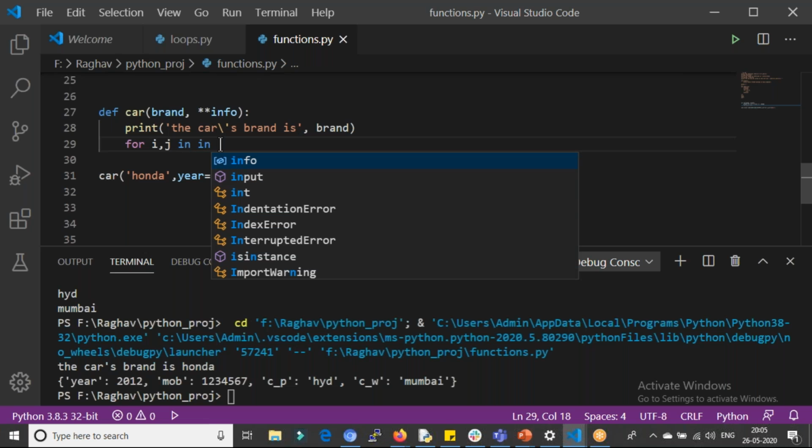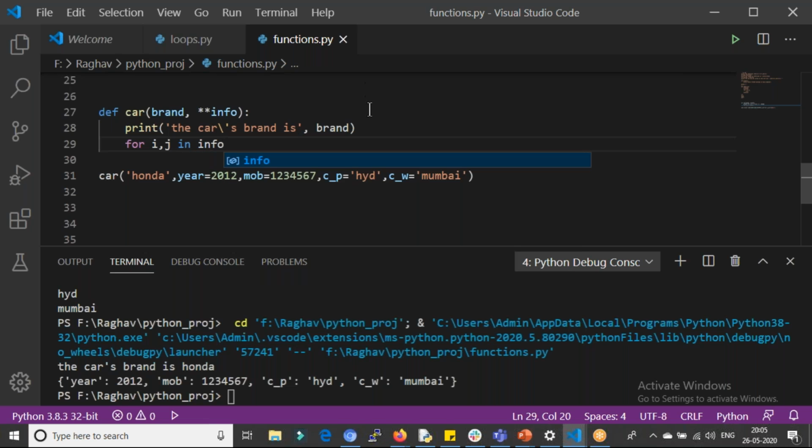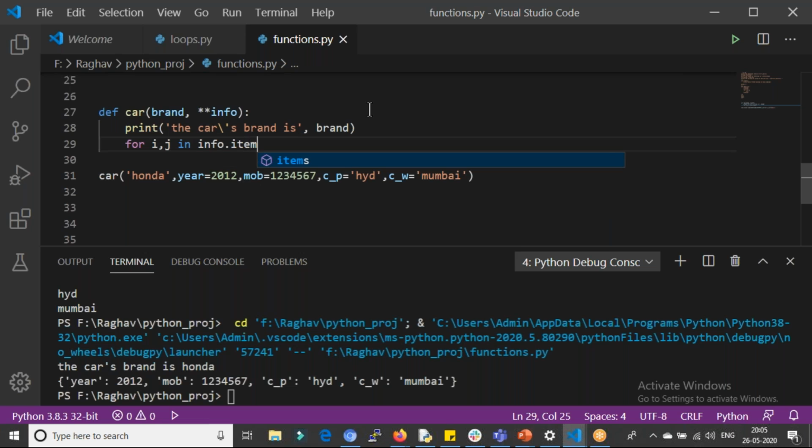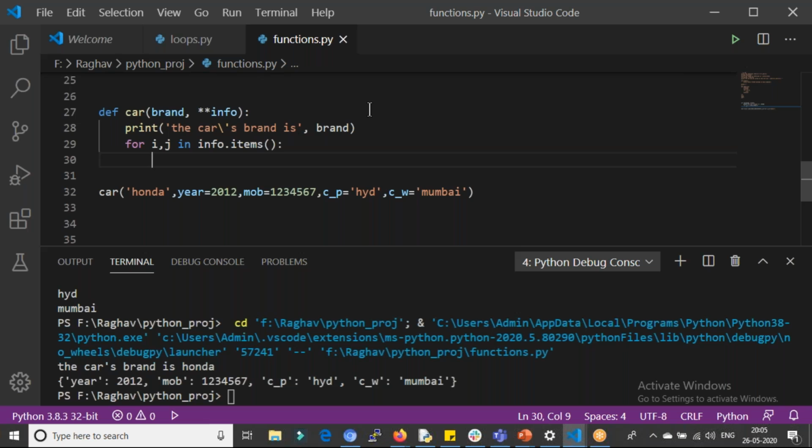Okay, info dot items. So what does info dot items do? Do you guys remember what the items function does in a dictionary?